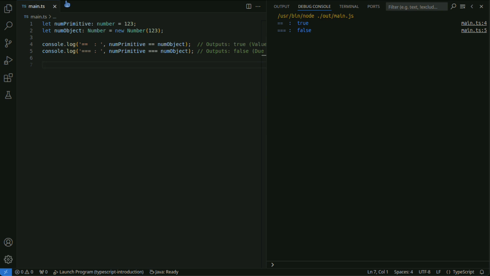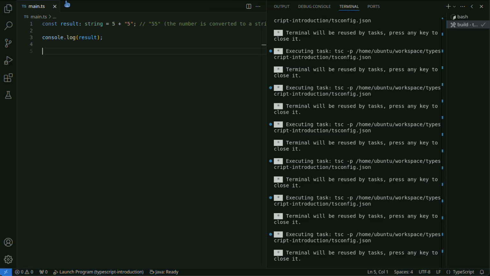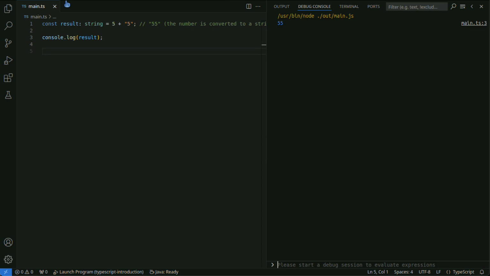In TypeScript, it is important to properly manage implicit and explicit type conversions. Implicit type conversions should be avoided as much as possible to ensure type safety. In this example, the number 5 is implicitly converted to a string, resulting in the string "5 inches".